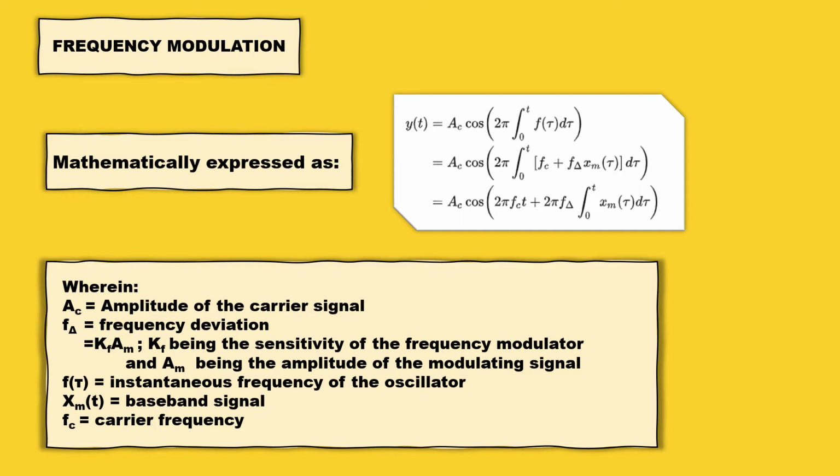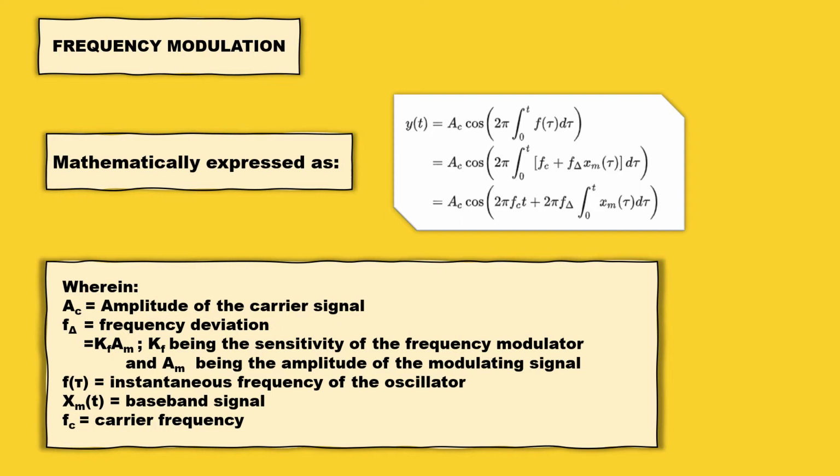It can be expressed also as A sub c cosine of 2 pi integral from 0 to t of f sub c plus f sub delta x sub m of tau. Then it can also be expressed as A sub c cosine of 2 pi f sub c t plus 2 pi f sub delta times the integral of